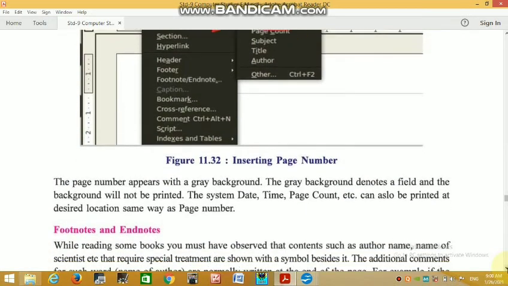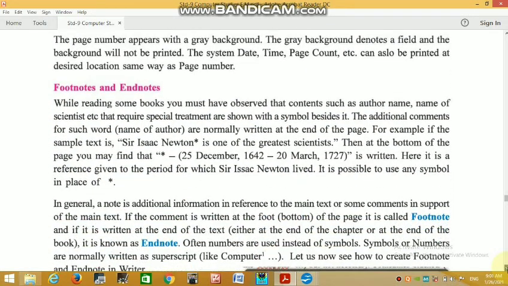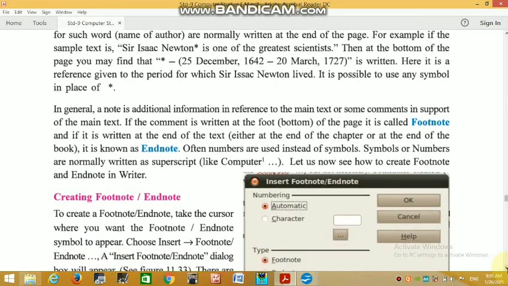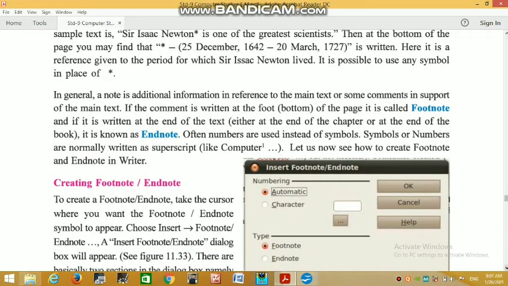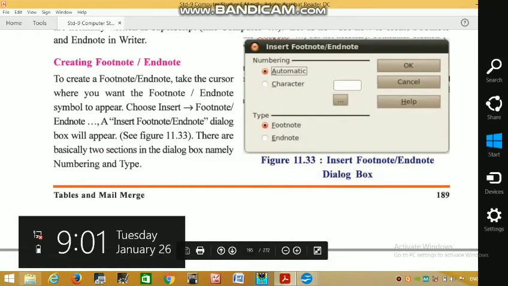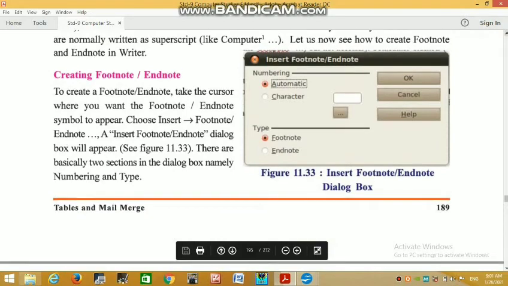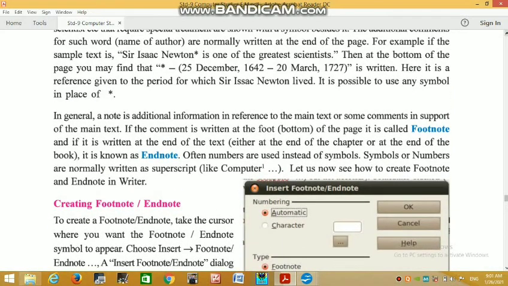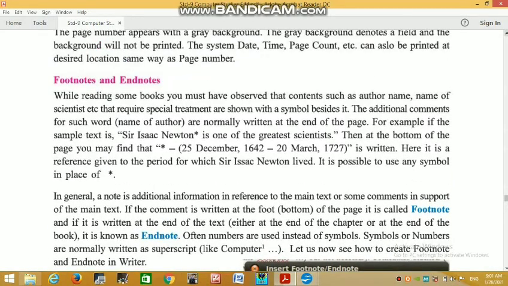Insert field page number. Footnotes and endnotes. Okay, you can give a footnote below the document, you can also give a footnote in your document. You can say endnote also.